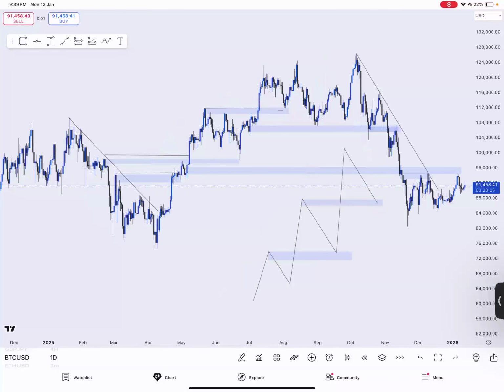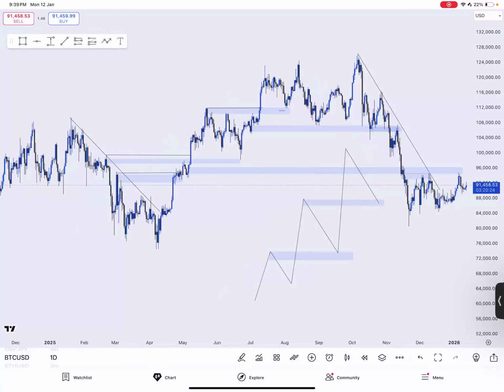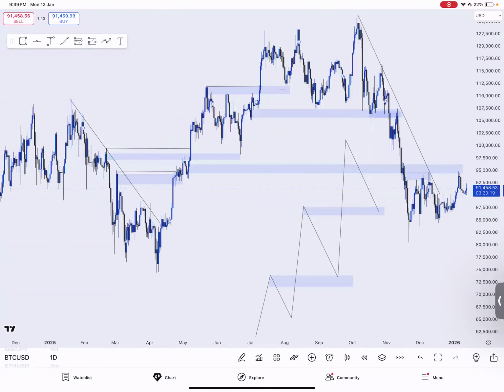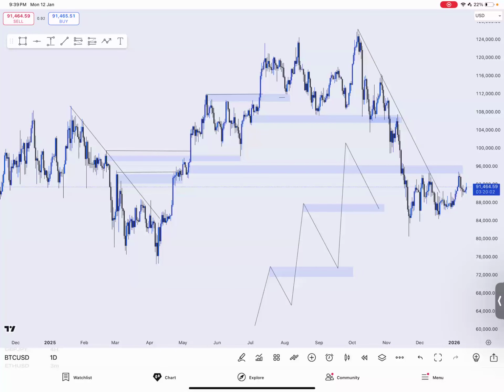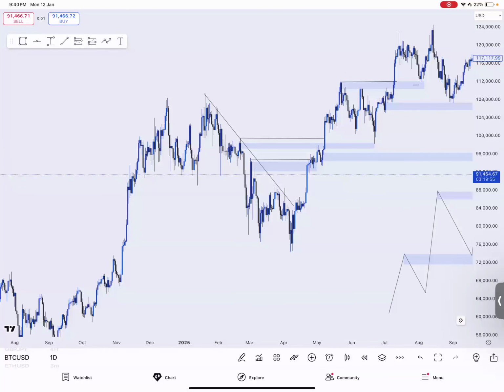So the whole thing of what I'm trying to say is that there are zones we expect reversals to come in, and just to sum everything up, it is higher time frame POIs, higher time frame order block, higher time frame breaker block. So before you can spot an MSS, there's going to be a zone where price will give you that MSS from. It's not just going to happen randomly. There has to be a zone. When we talk about directional bias, I will get deep into those zones and I'll explain how we trade all those zones. So I'm just trying to tell you guys that we trade reversals fewer times than we trade continuations. So let's go back